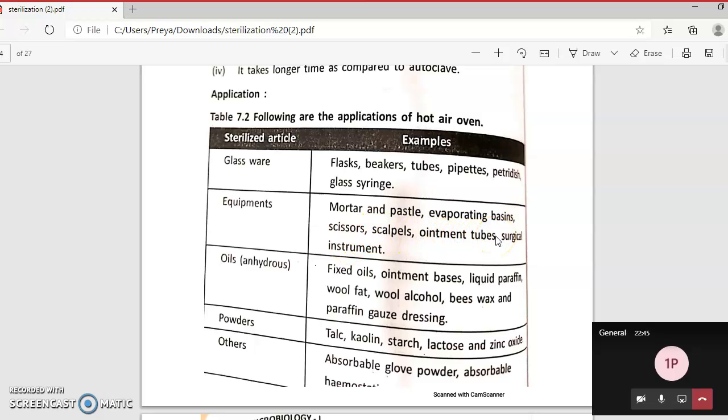Then oils, very important. See the examples: fixed oil, paraffin, wool fat, all are oils which can be sterilized by hot air oven only. And lastly, powder